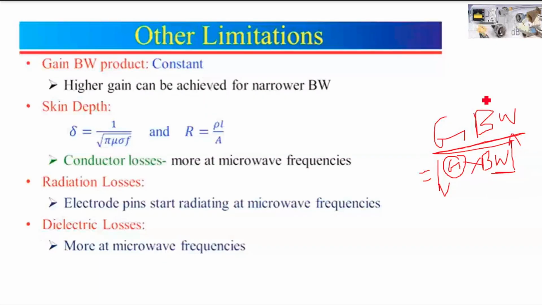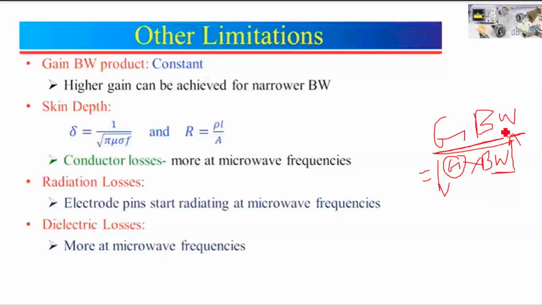But in the case of the devices which we are going to study, like microwave tubes, these limitations can be overcome by putting different cavities in between input and output. That is nothing but using reentrant cavities or the slow wave structure, by slowing down the movement of the applied input signal. This we will discuss. All this I will discuss in the later slides.